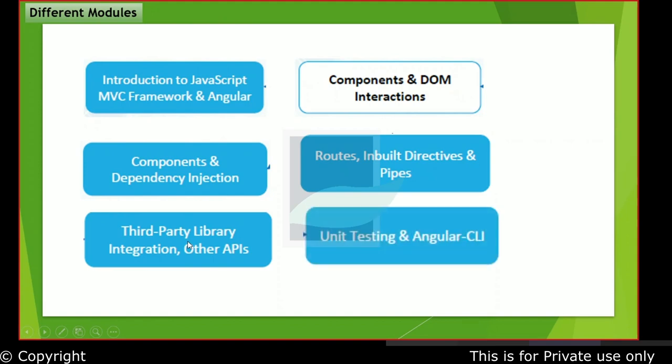Then finally we'll start speaking about unit testing, and we'll use Angular CLI throughout all the modules, not just here. So we'll speak about Angular CLI. When I just said ng new and Angular app name, I'm using Angular CLI there. Command line interface. We'll get this in our initial session. Then we'll start working with Angular CLI. So we'll speak about unit testing and its advantages.